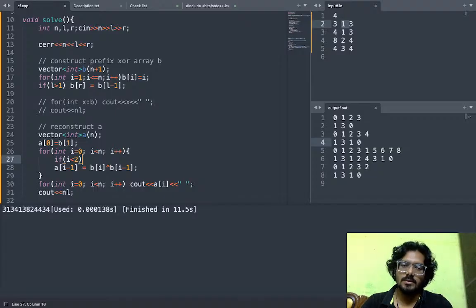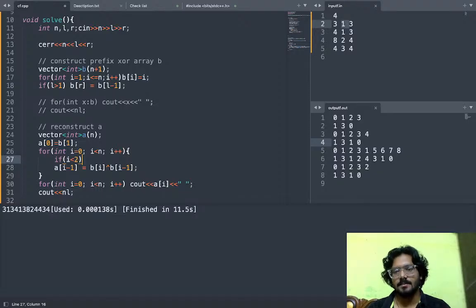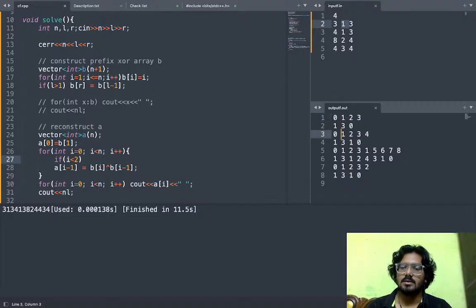at 0, what will we do at 1? At 1 what we can... at 0 I will be accessing 1, and at 1 I will be accessing 2, and